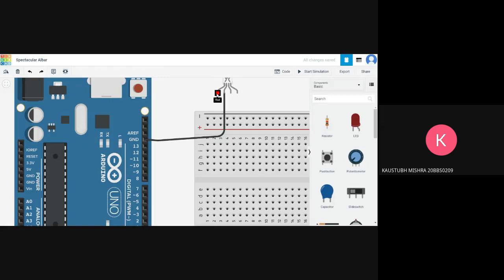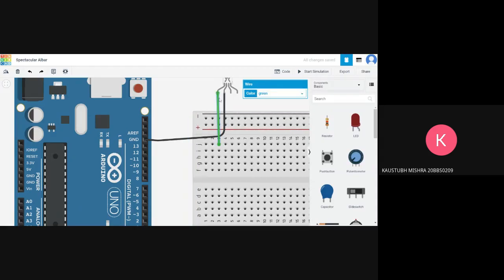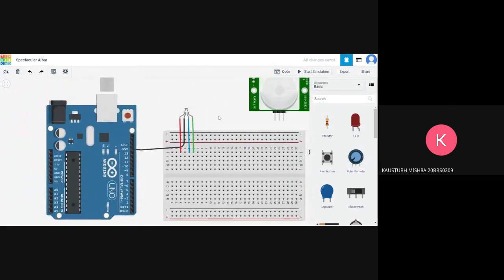Then there is the red terminal, which we will be connecting to this terminal of the breadboard for now. And let's color it red, since it is connecting the red pin of the LED. Then we have the blue, and similarly for the green. Next, we will use a resistor, 3 resistors actually.